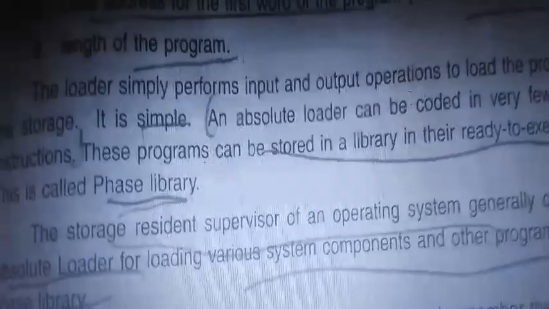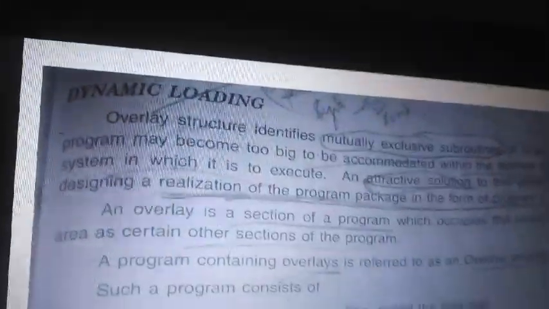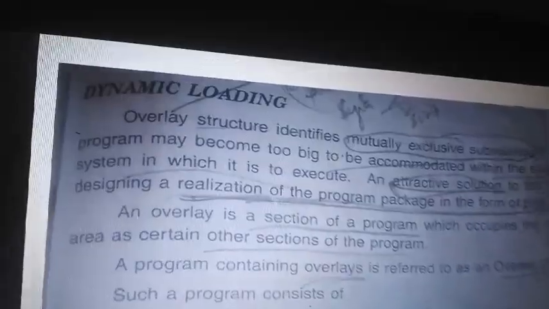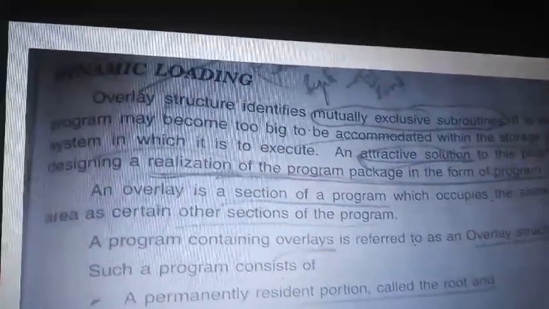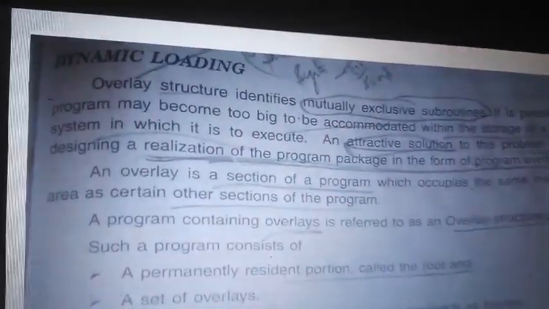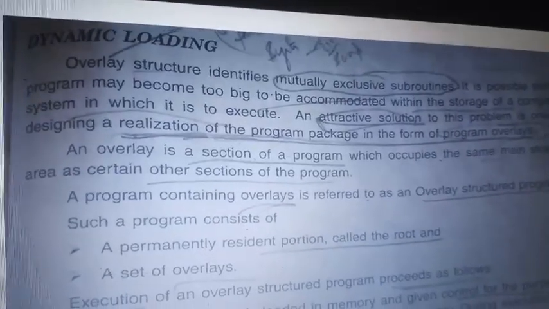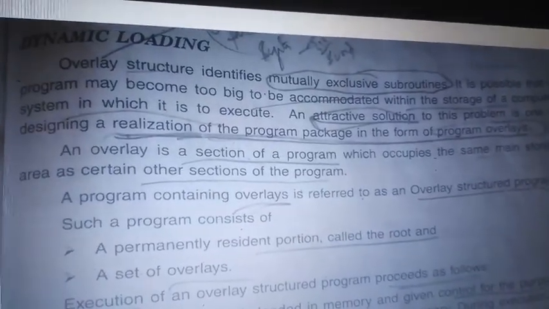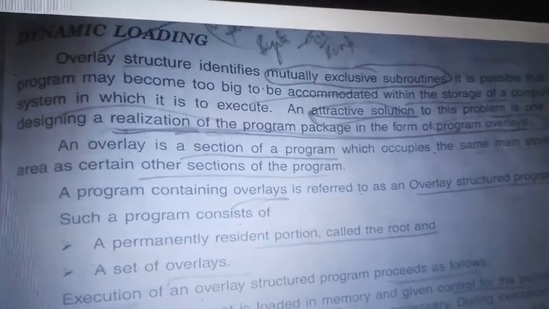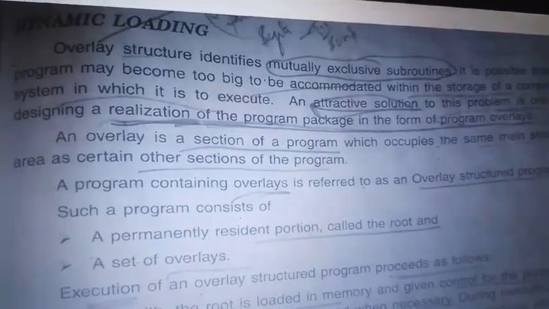So next, with this drawback, we go to the next topic, that is called dynamic loading. What happens in dynamic loading? Dynamic loading means the loading is performed only after it is called. To implement this, we use a structure called overlay. In operating systems, we already discussed overlay. It's a very small area where a large number of programs can execute. A large program which requires large memory can be executed in a small area.